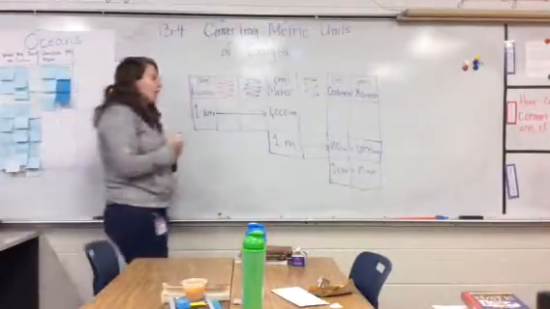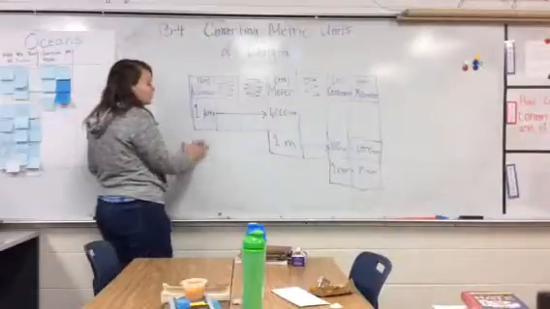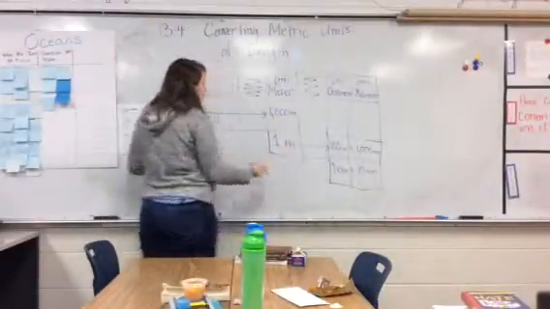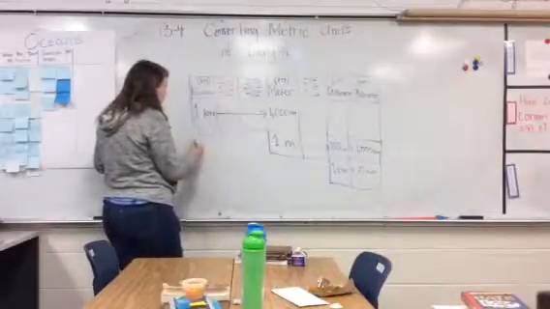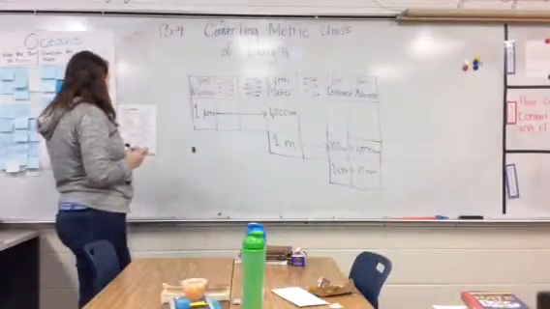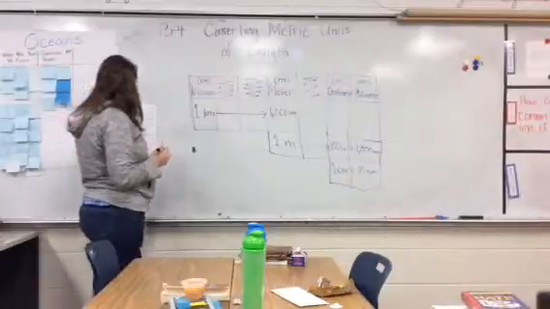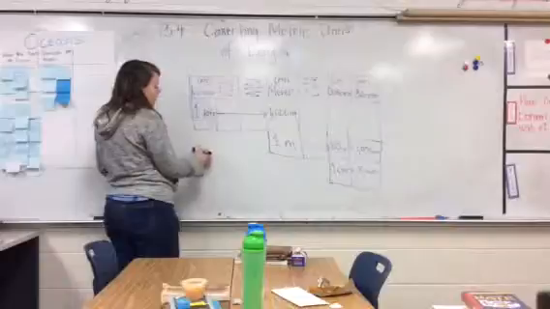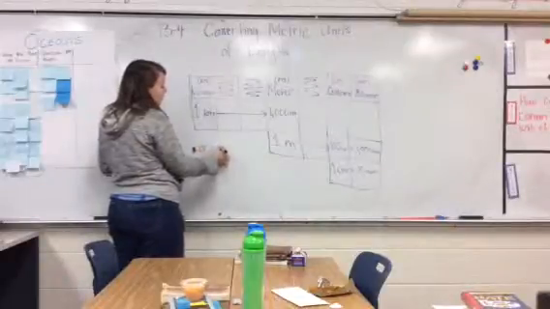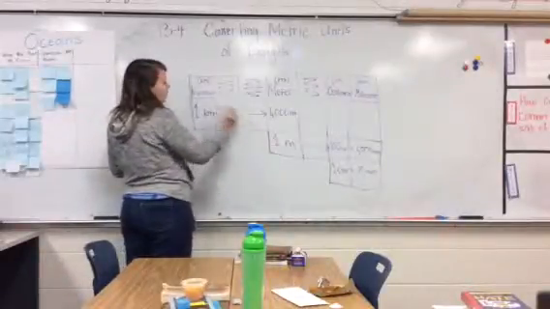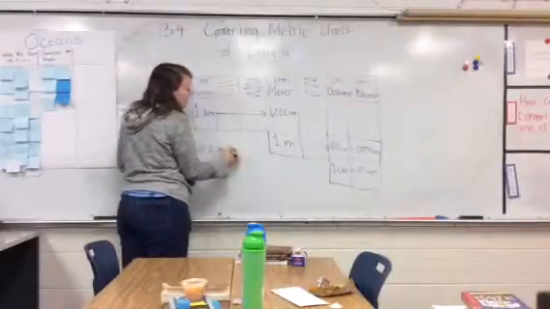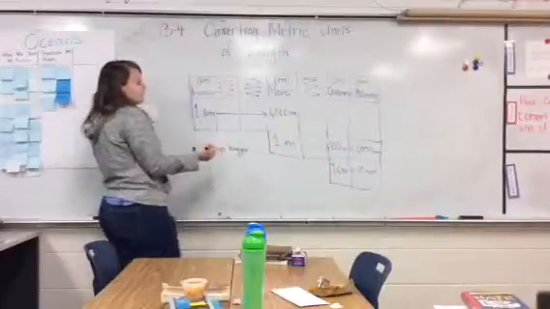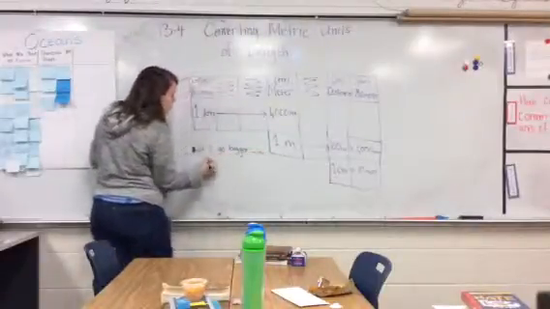So, let's either put it underneath your box or next to your graph, wherever you have room. I'm going to put a little star. And we are going to say, if I go bigger to smaller,